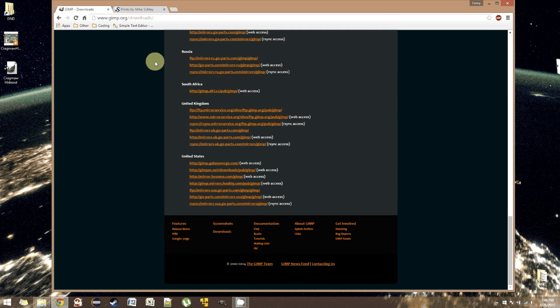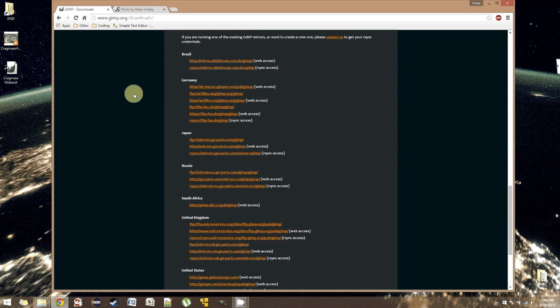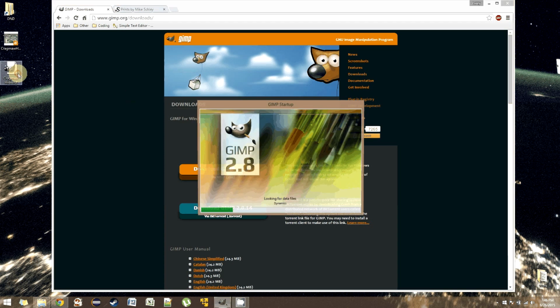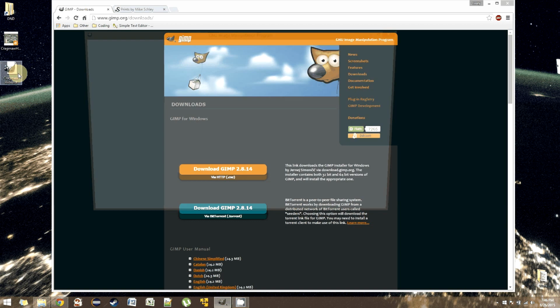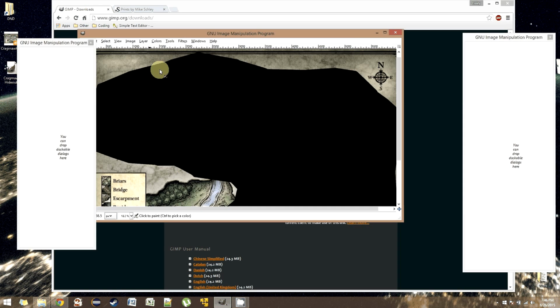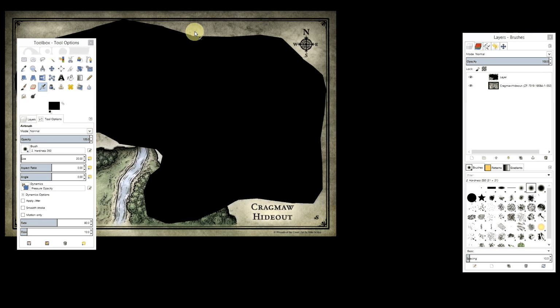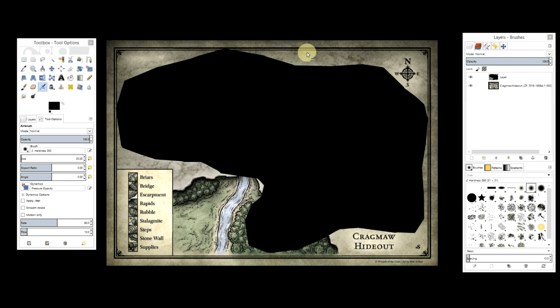Hey everyone, what I'm going to be doing today is showing a tutorial on how to set up the maps that I use in Dungeons & Dragons and how I get them prepared. I'll just give you a quick preview of what the end product looks like. There are going to be some spoilers for the Lost Mines of Phandelver set for 5th edition, just a heads up. But this is basically how I have my map set up when I DM Dungeons & Dragons,